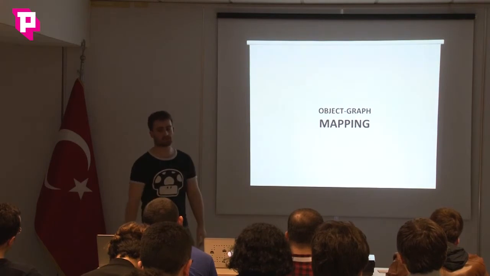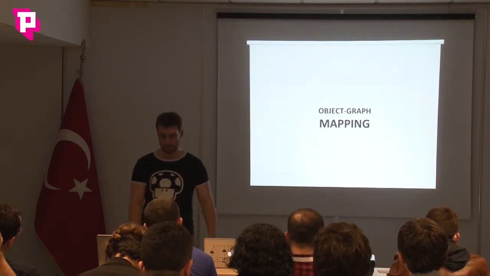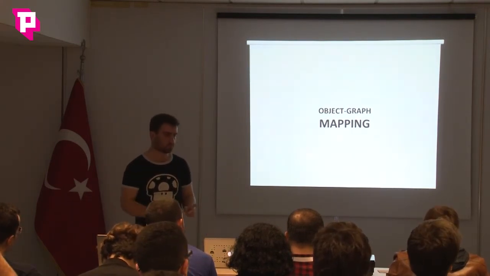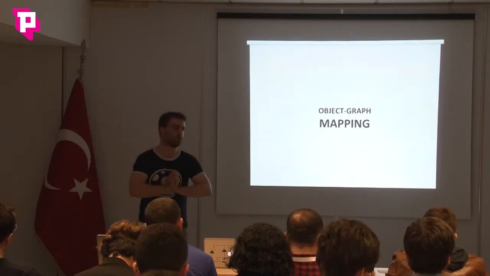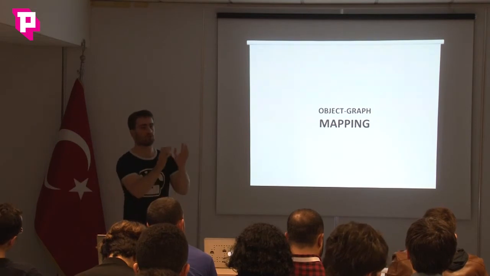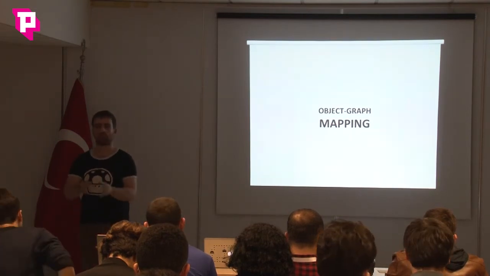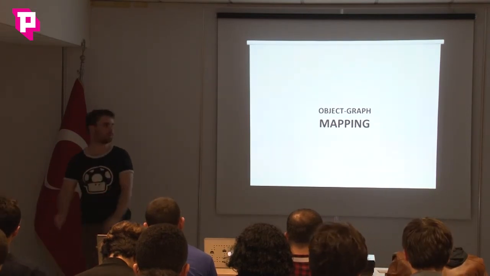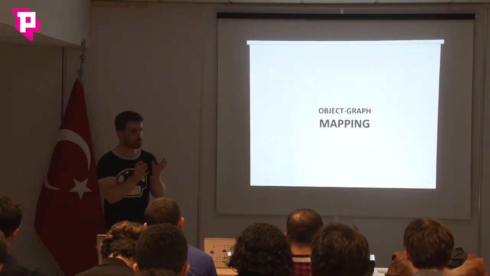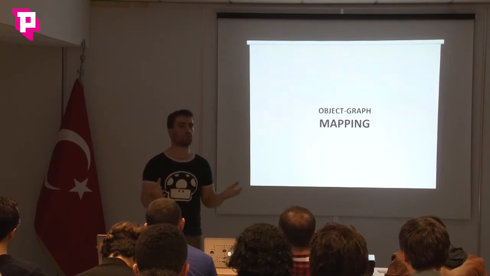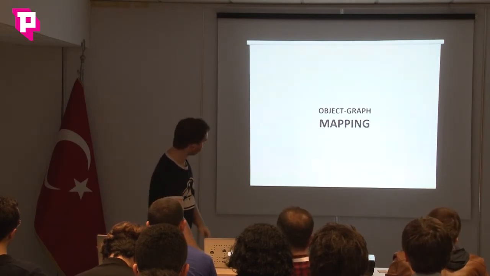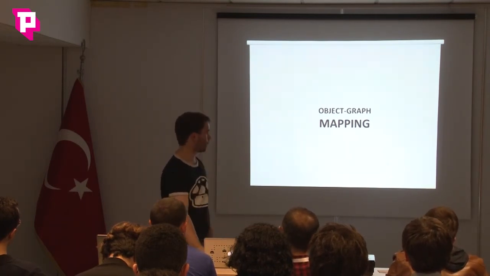Well, object graph is not quite the case. But there is one thing. Graph is very dynamic. You don't have a schema, but in your typical enterprise applications, you have a whole set of entities, you have your repositories, your services, your controllers, etc. You have a very finite set of entities most of the time. You don't need such a schema-less model. So that's why object graph mapping can be useful.